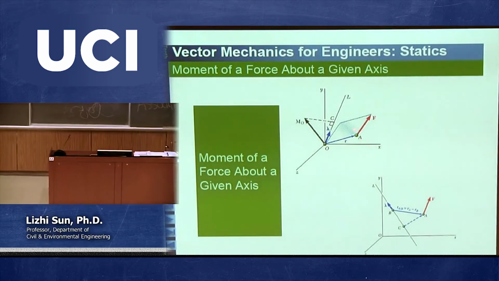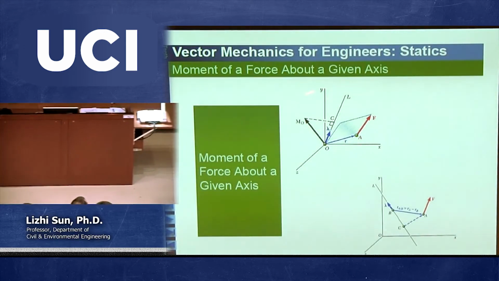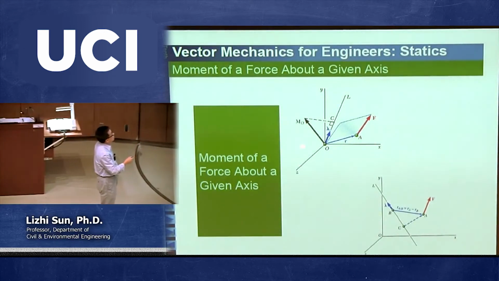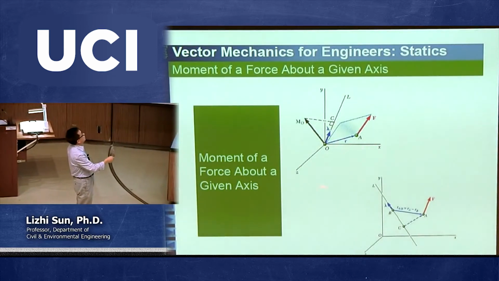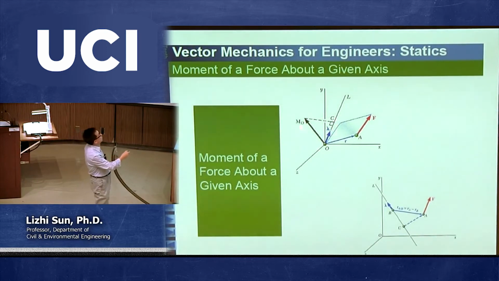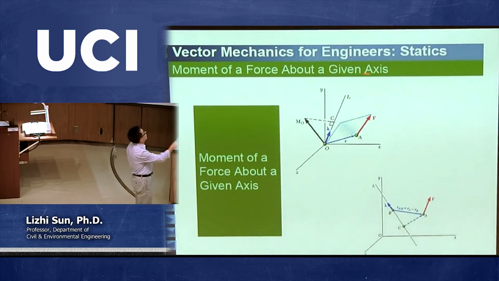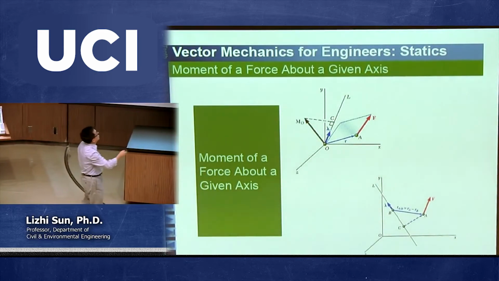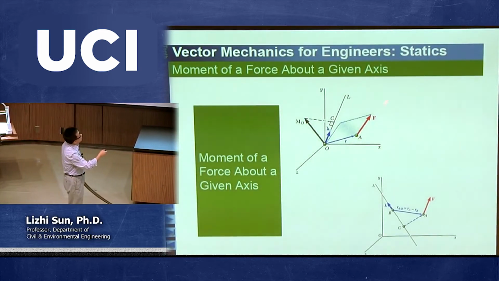In other words, this time I didn't draw a three-dimensional rigid body, but you assume this is the rigid body, for example, right? Whether point A, point O, whatever points are in the rigid body or on the surface, doesn't matter. Okay? So just assume we have a large enough rigid body. And first of all, there is a force acting on point A. There's a force, F, in a three-dimensional setting, acting on point A. Then this time we are talking about the moment of this force